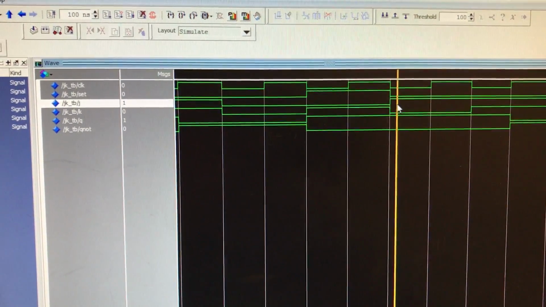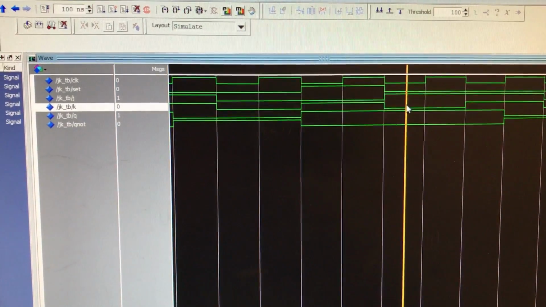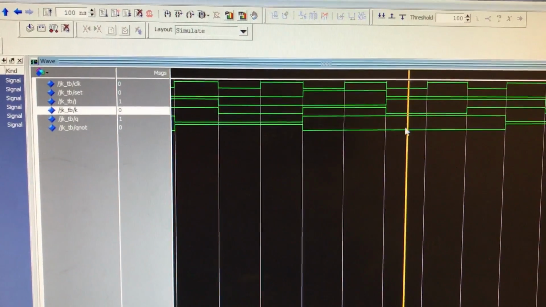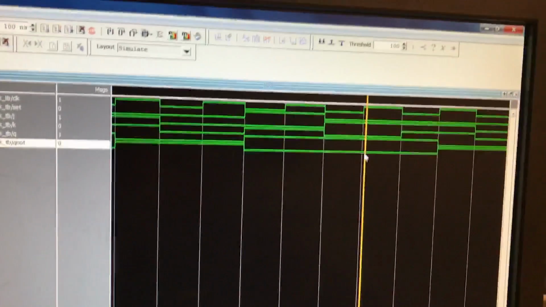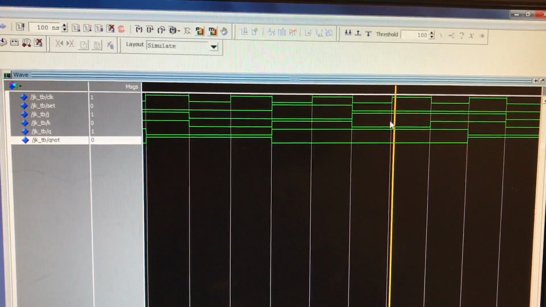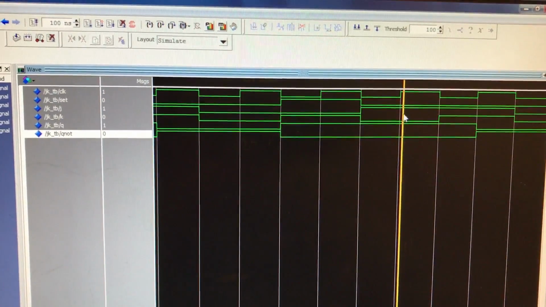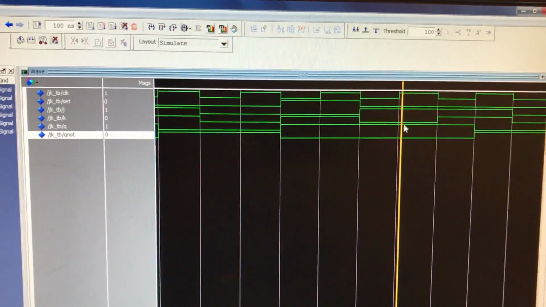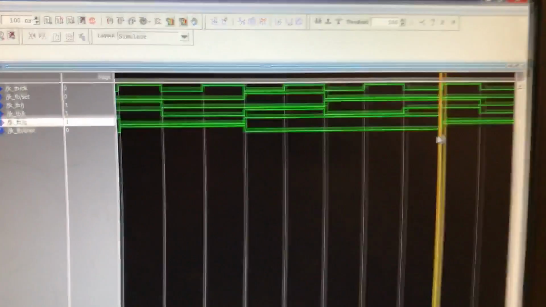After this, when set becomes 0, we haven't hit a rising clock edge yet, so Q still remains 1, Q naught remains 0 still. We finally hit a rising clock edge here, but J and K have the appropriate values for Q to still remain 1, meaning that J is 1, K is 0, meaning set. Finally, we go here and we see that